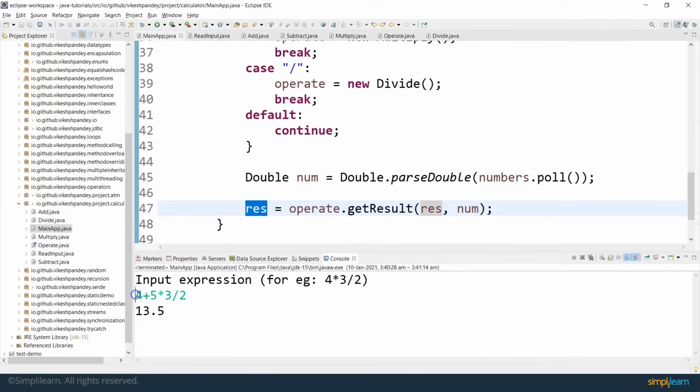That's the reason the result of 4 plus 5 gets stored in the result. The next time you call getResult for a multiply operation, the result value is 9 now, and it says 9 into 3. Again, the next time, the result value will be updated to 27 because we are storing the result back into the result variable. So this is all I want to cover in this particular session,